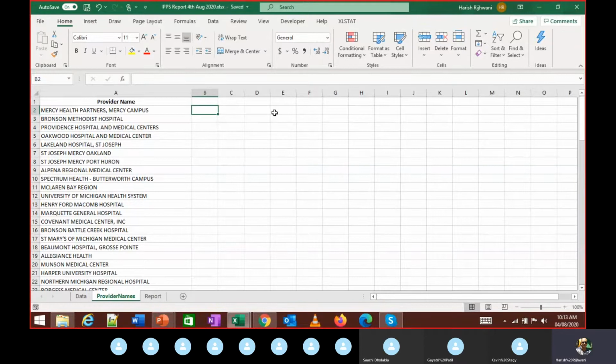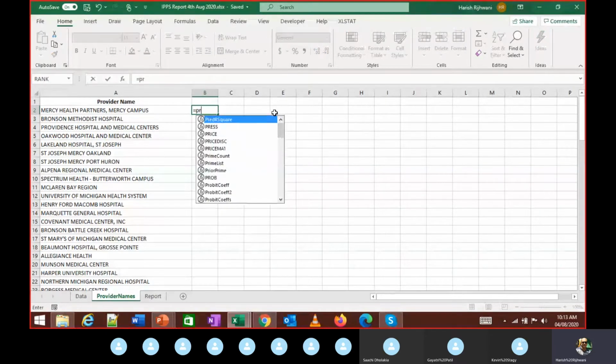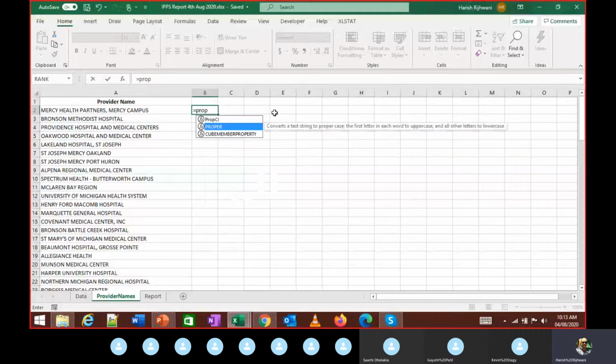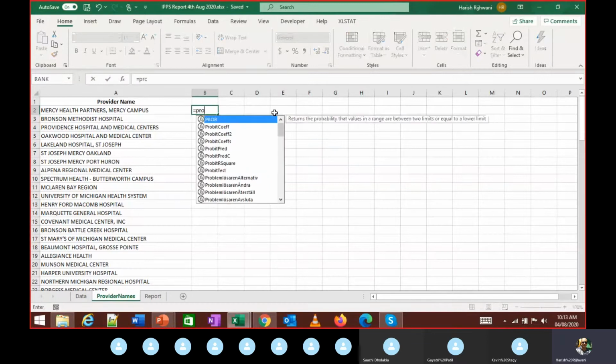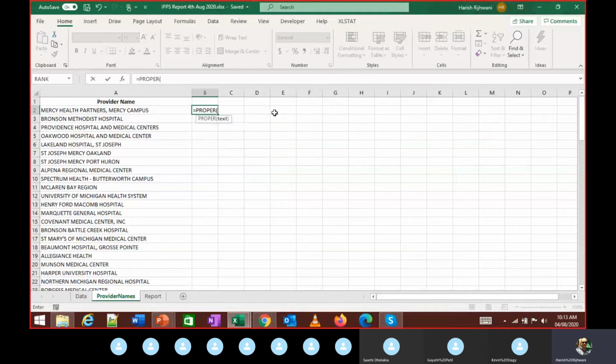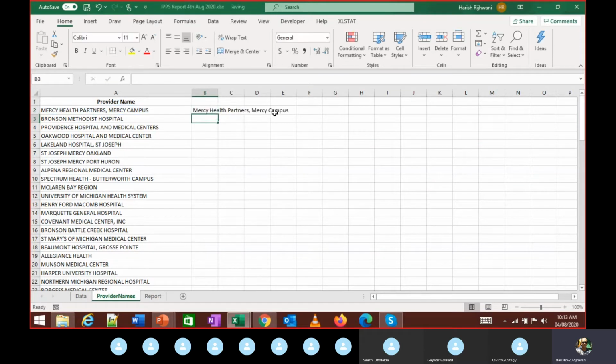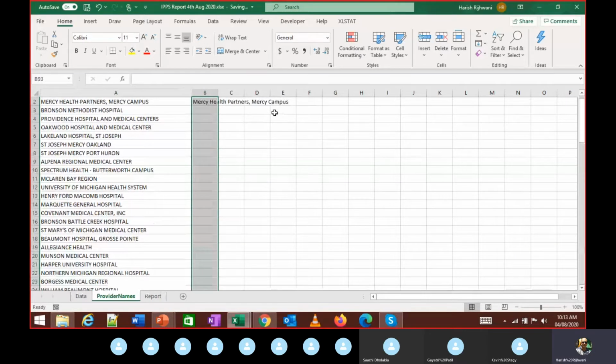So to do this, I'm going to use the function called PROPER. Type in column B, equal to PROPER, and it takes an input which is the name in this particular cell. So A2 is the input, and when I do this, it makes it proper sentence case.